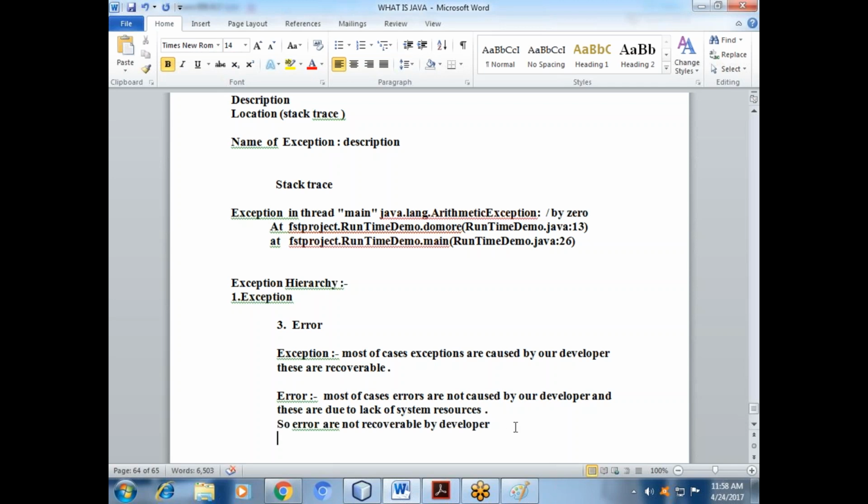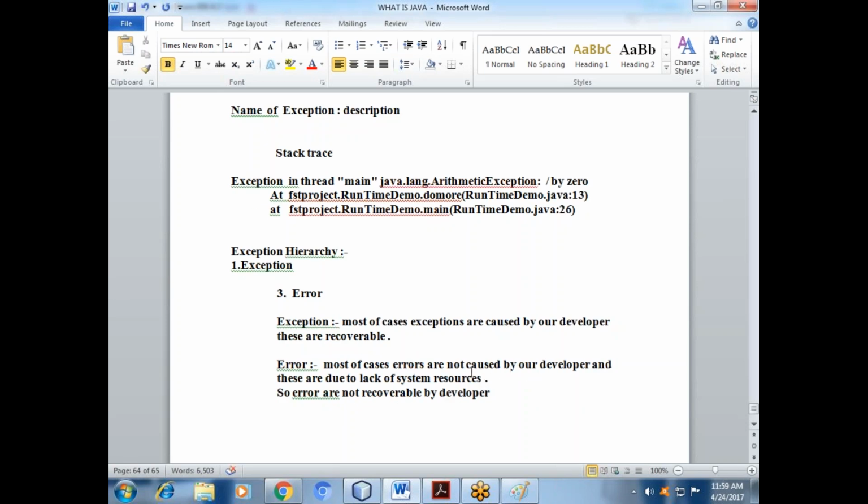So did you understand the difference between error and exception? For example, you can write the out of memory error, or the stack overflow. Out of memory error causes the program to stop. So who is responsible to handle this one? Who is responsible to solve this problem? Admin people. Yes, the server admin is responsible to increase heap memory or all this.